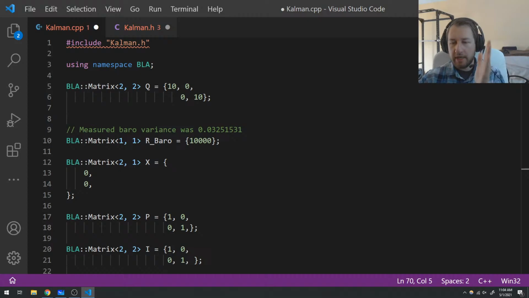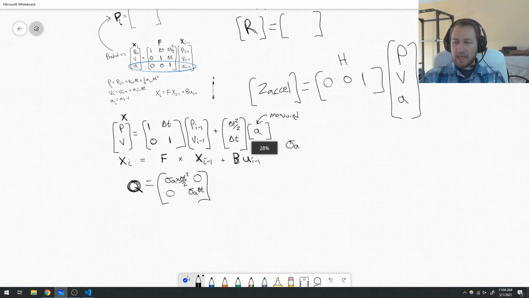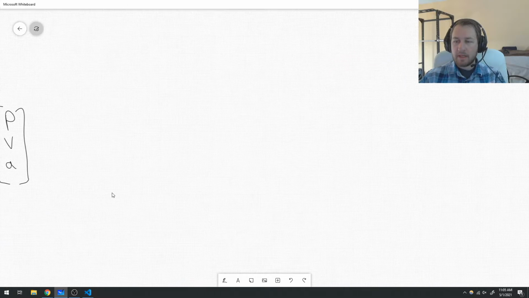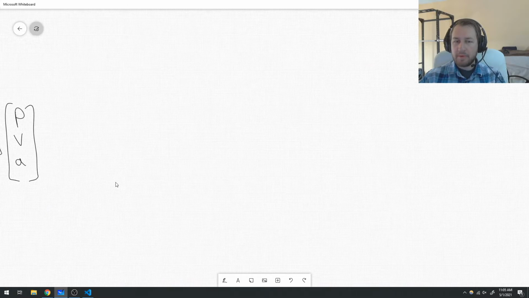Okay, so we're on to the GPS section now. This will be more like a full example of a GPS-based Kalman filter, because we're going to not only predict position and velocity, we're also going to predict gravity, and we're going to predict the barometer bias. So we're going to be tracking